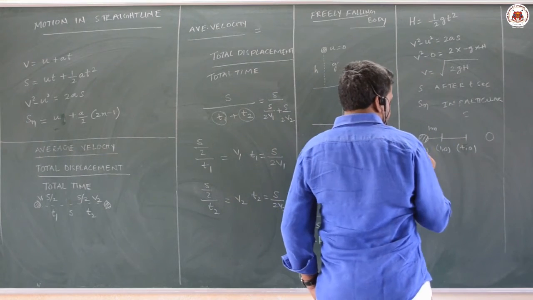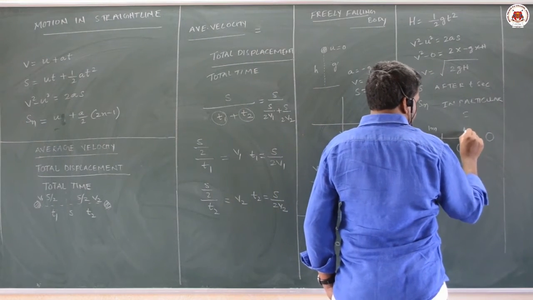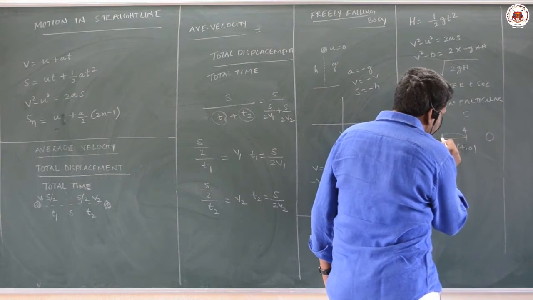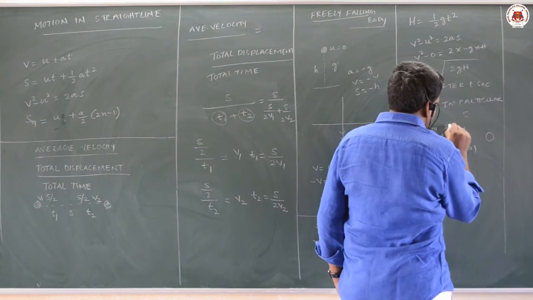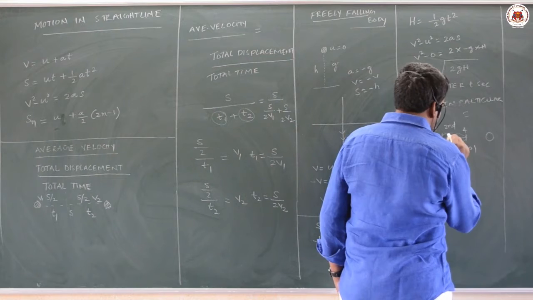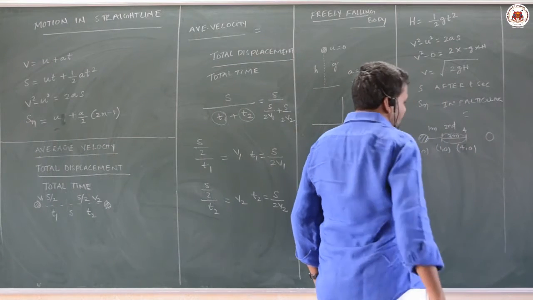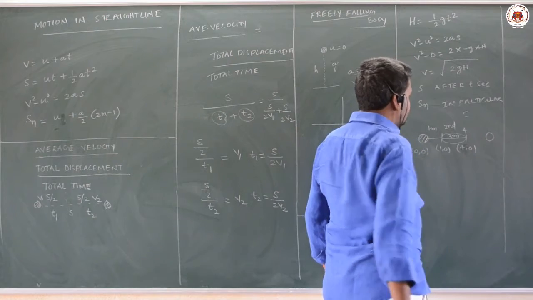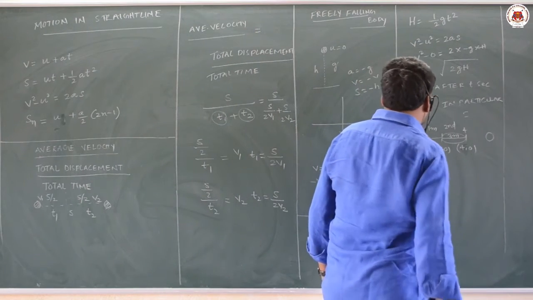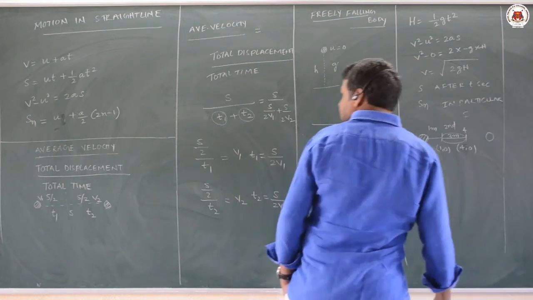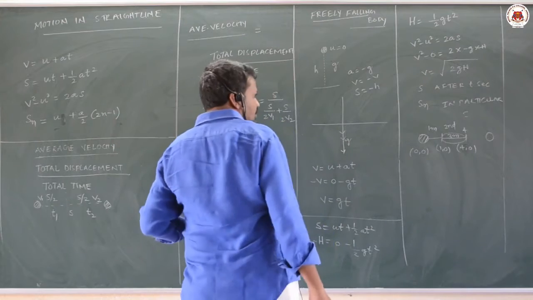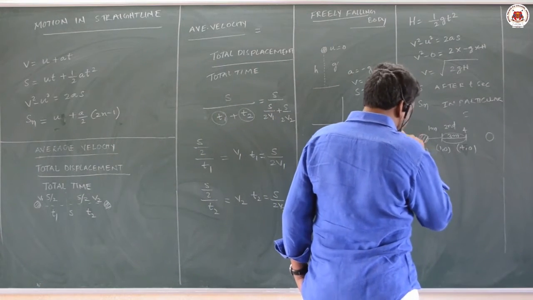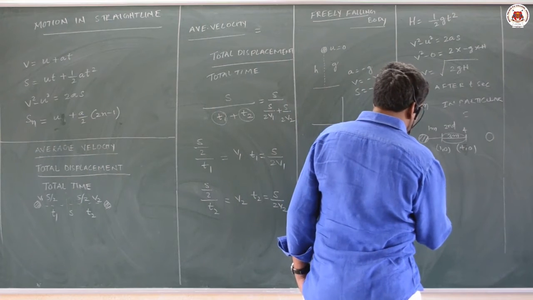That means its displacement after 2 seconds is 4 meters, whereas how much it has covered in the particular second called the second second, it has covered only 3 meters. That means the distance covered in a particular second is different and distance covered after the time is different. Further you have to use this formula. So, if you take the ratio of Sn for regular time intervals, it is 1:3:5:7:9.